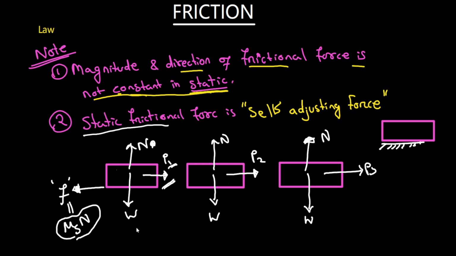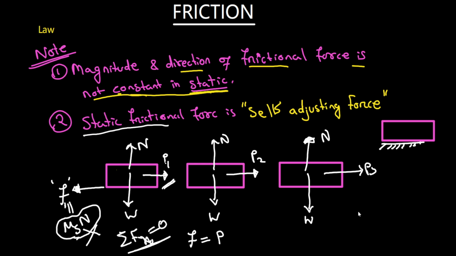I'm getting some normal reaction, and I'm applying the amount of force P1. I'm getting the frictional force like this, F1. In this case, is this value equal to mu s into N? Not at all. But for equilibrium, if we apply the net force in x direction equal to 0, the frictional